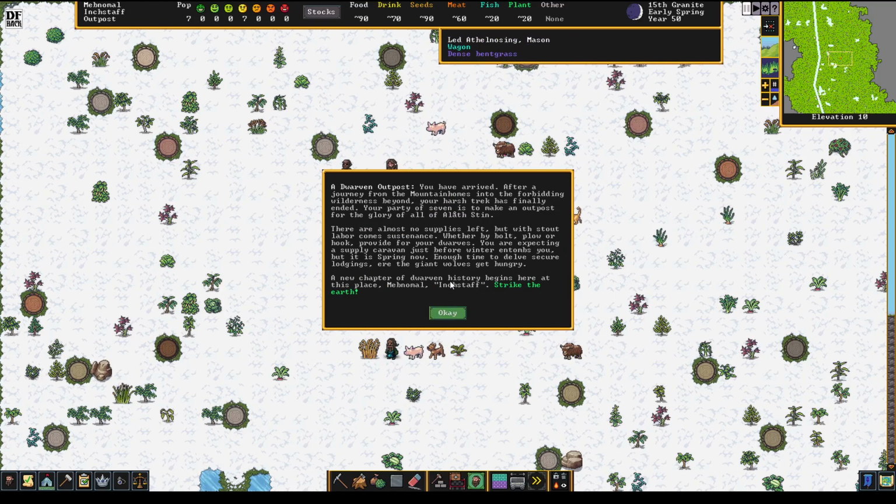Ooh, snow. A dwarven outpost. You have arrived after a journey from the mountain homes into the forbidding wilderness beyond. Your harsh trek has finally ended. Your party of 7 is to make an outpost for the glory of all Alathstein. That's our civilization. There are almost no supplies left, but with stout labor comes sustenance, whether by bolt, plow, or a hook. Provide for your dwarves. You are expecting a supply caravan just before winter entombs you, but it is spring now, apparently. Enough time to delve secure lodgings ere the giant wolves get hungry. That sounds frightening. A new chapter of dwarven history begins here at this place. Mebnomal,